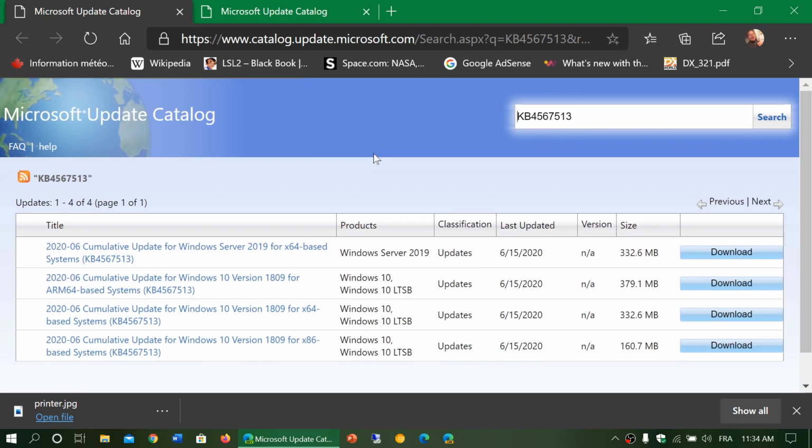So this apparently fixes it. Start by looking at Windows Update, and if it's not fixed, then download it manually from the Microsoft Update Catalog. The links are in the